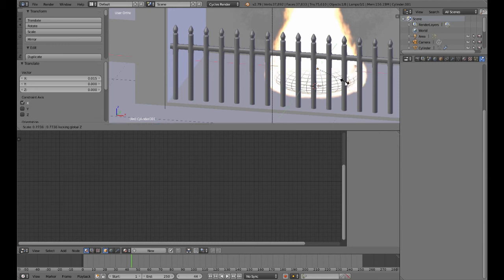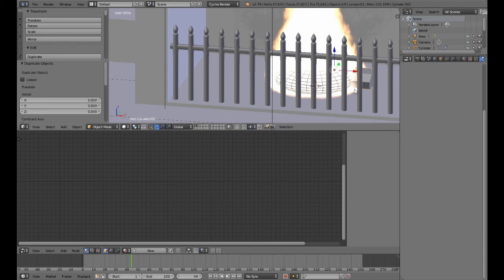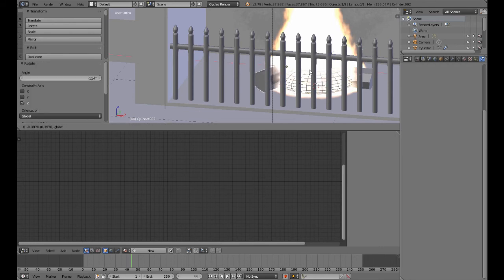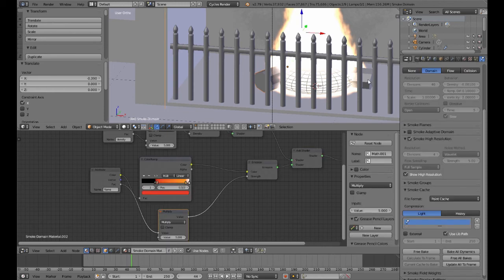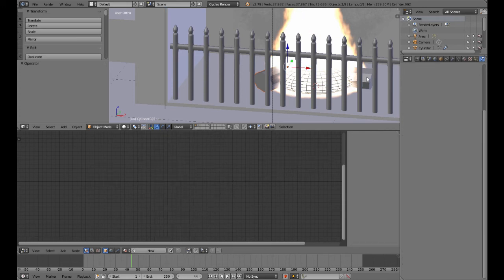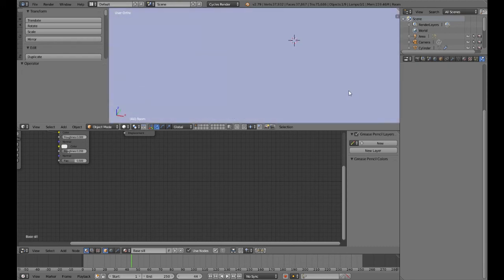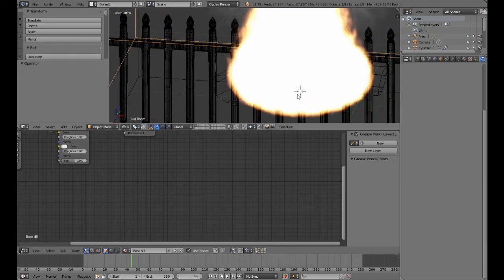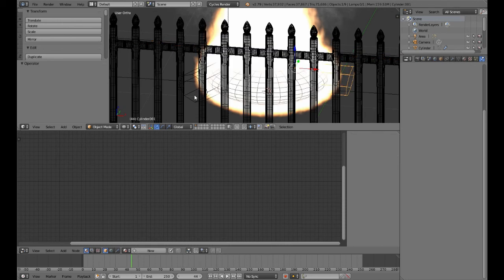And let me just decrease the size and put it right over there, and duplicate it, rotate it along the z-axis, and just give some more random logs. I think, yeah, this one and this one,